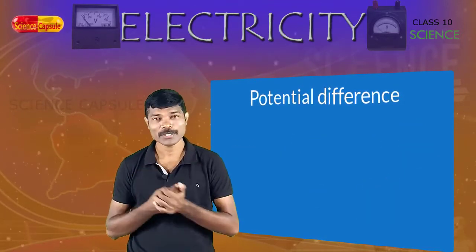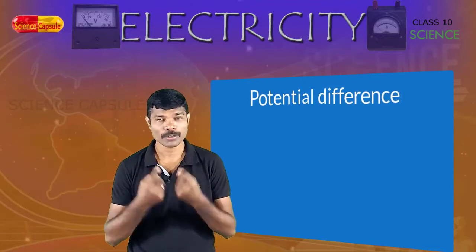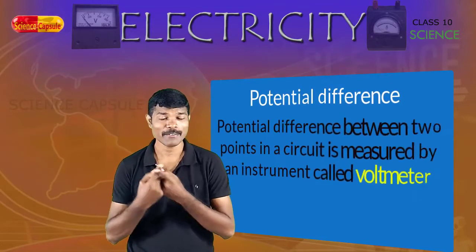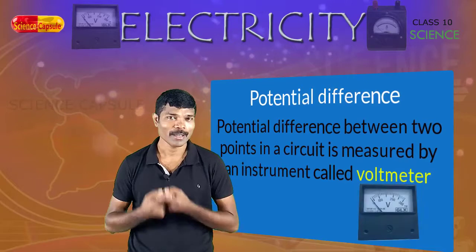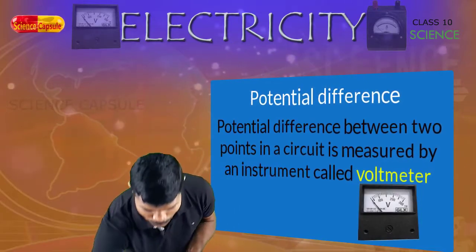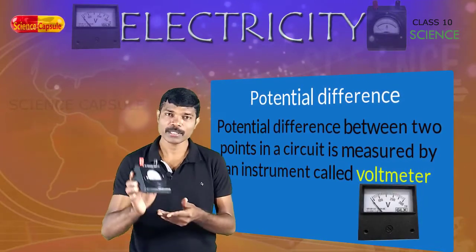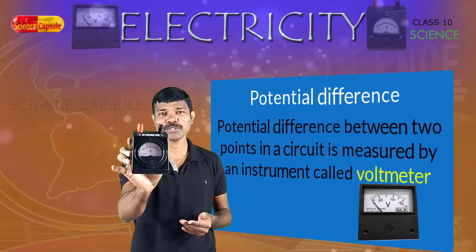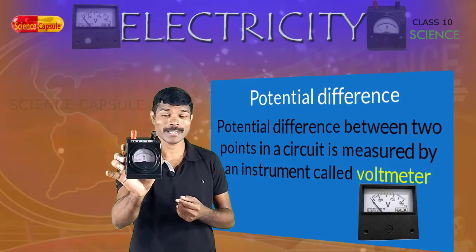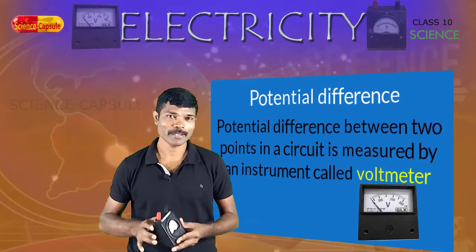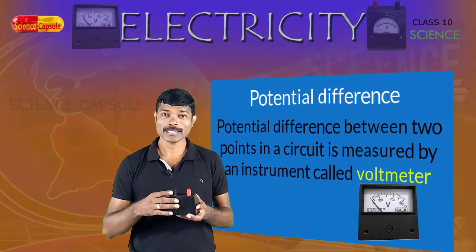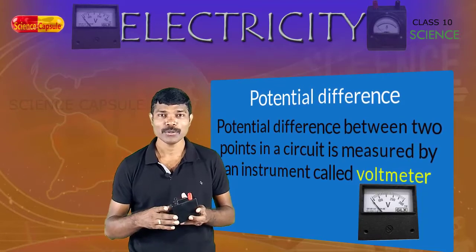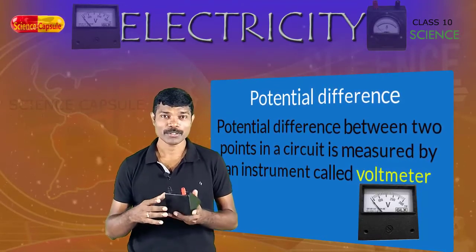To measure the potential difference across the 2 points of a current carrying conductor, a device is used. It is called voltmeter. I have a voltmeter, I will show you the voltmeter. See here, this is the voltmeter which is connected across the 2 points of a current carrying conductor to know the potential difference, right. If you connect this with a cell or a battery, you will come to know the potential difference across the 2 points.